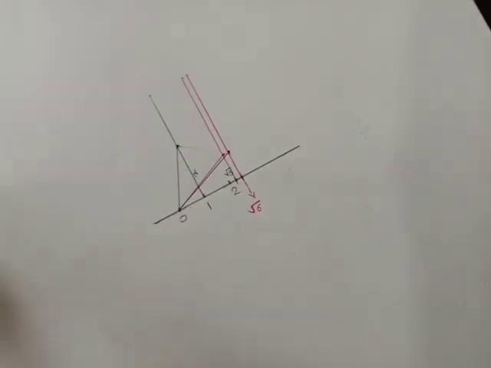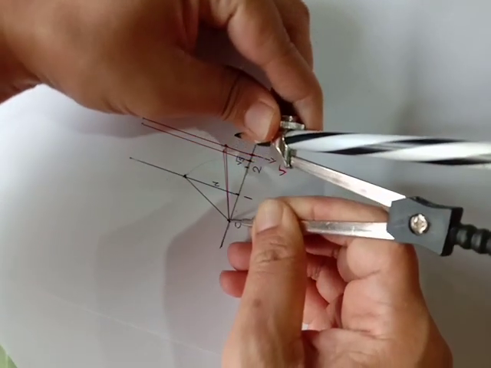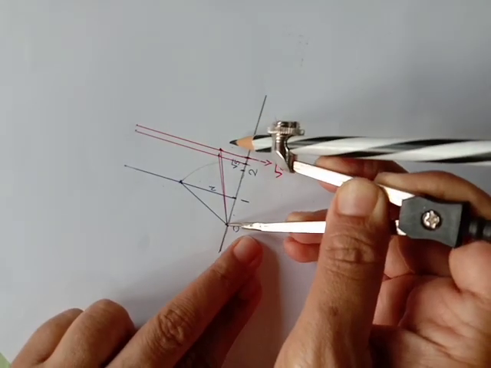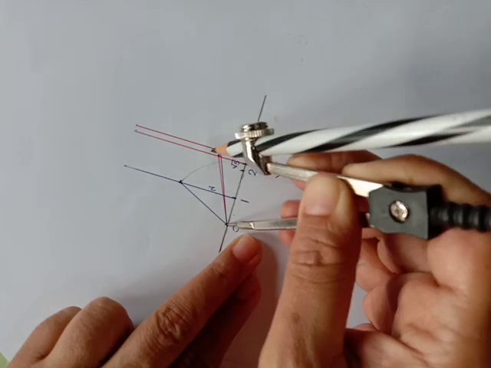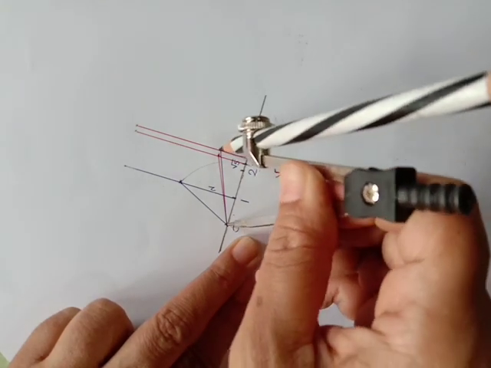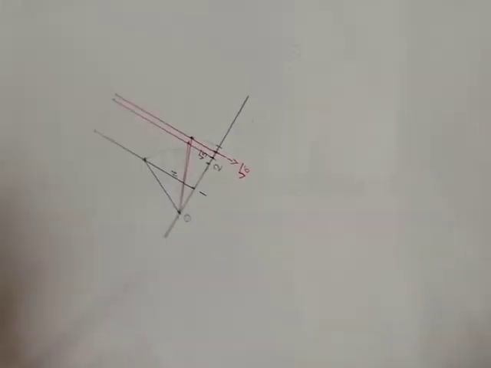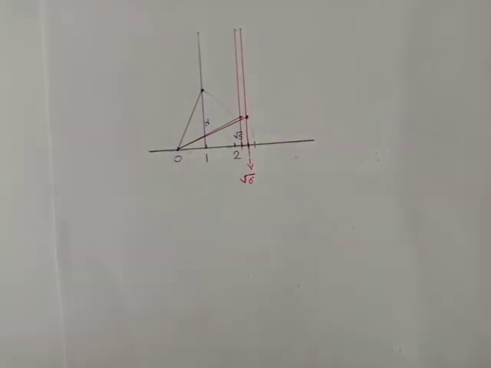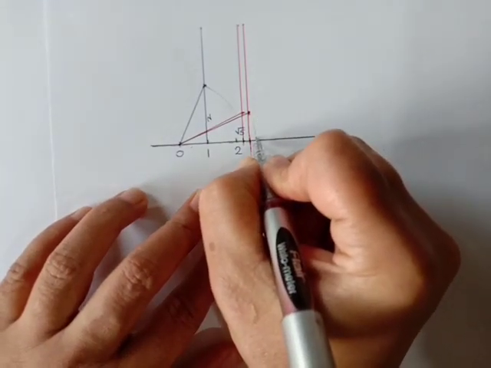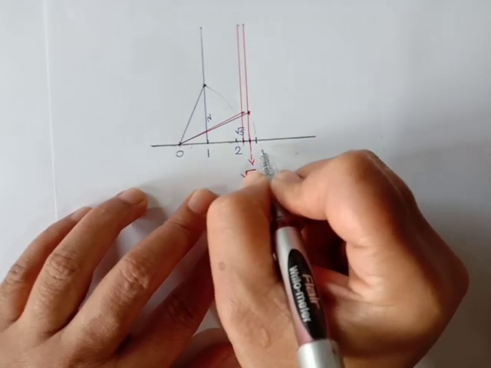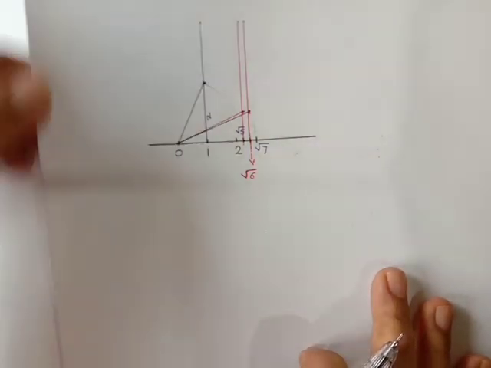Okay. So this distance what we have, look here. Now from 0 to this new one which we have. Okay. Just look where I am taking it. See. This distance is root 7. You got it everybody? But I don't want it over here. I want it on the number line. So I'm just taking it below like this. Okay. And cutting it over here. So this new mark which I got on the number line, this mark, this is nothing but root 7. Okay. Is it clear everybody?